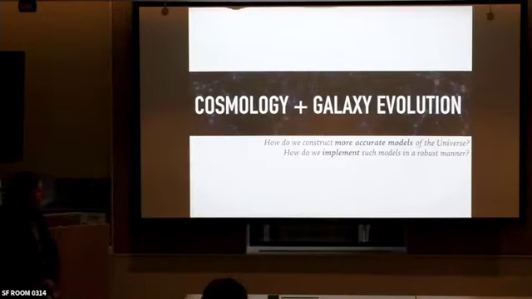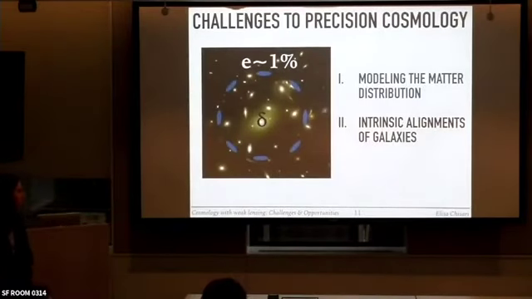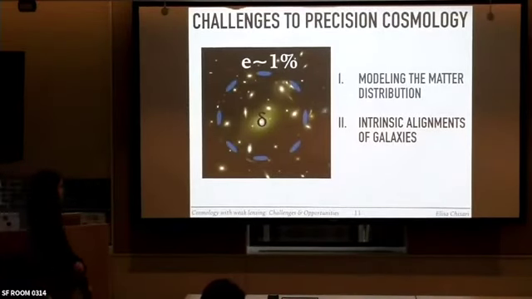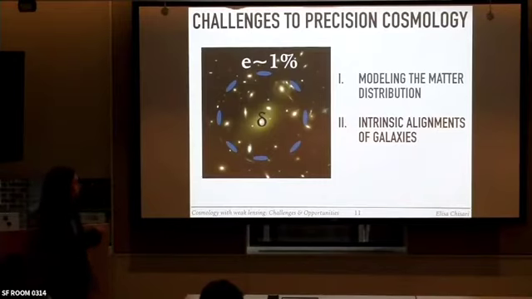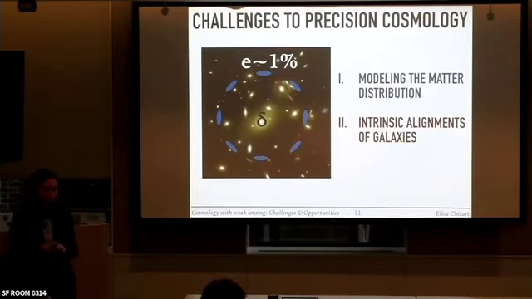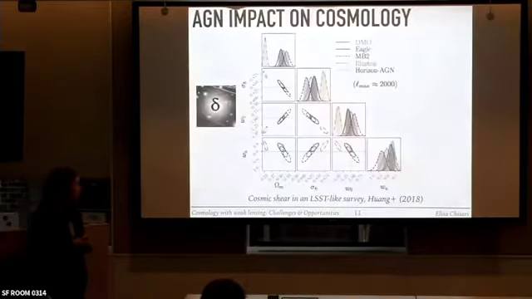So I want to tell you about how we develop such models and how we implement them in current survey pipelines. And the two topics that I want to talk to you about are how we model the distribution of matter that sources this lensing effect, and the assumption that the shape of the galaxies is only affected by gravitational lensing, which turns out not to be true. So let's start with the first